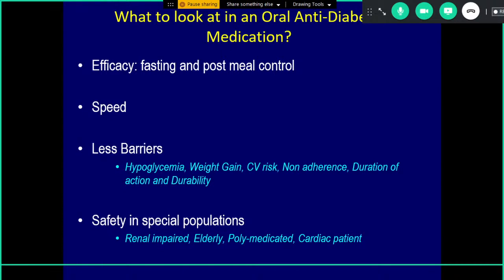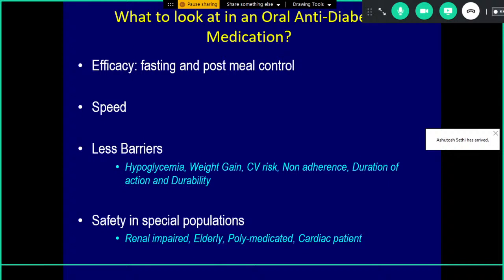If I was to take an oral anti-diabetic, so if I was to take an agent to reduce my glucose, what would I want? A, I want it to be oral. I don't want an injectable. I want it to be efficacious. It should control both pre-meal and post-meal sugars. I would want it to do it fast. I would want it not to be associated with hypoglycemia, not to be associated with weight gain,